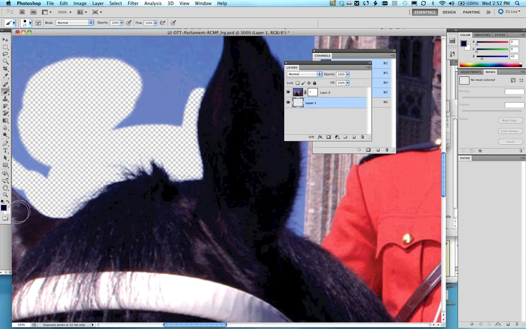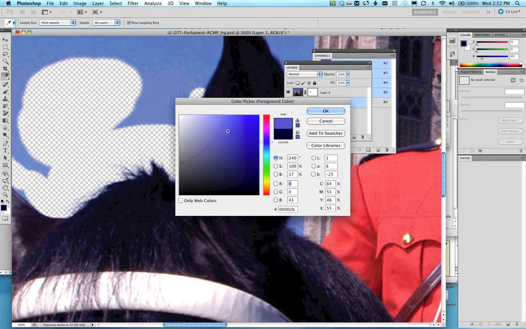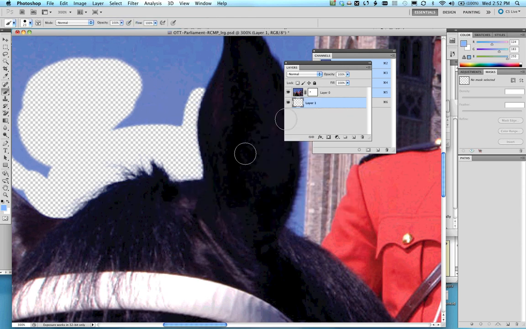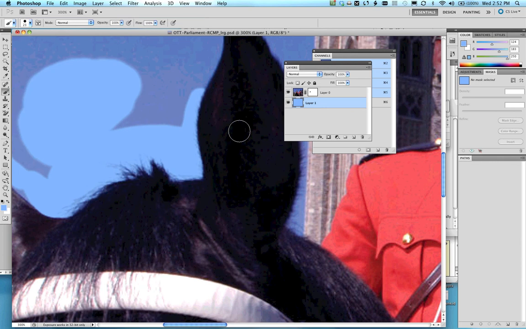you'll see that if I add another layer here, put it down below, and I'm going to change my color to blue. I'll turn off the selection, by the way. That's Command H to reveal it again, but Command D for deselect to turn it off. And then I'm going to go here, click on, and let's say my new sky is this color. You can see that